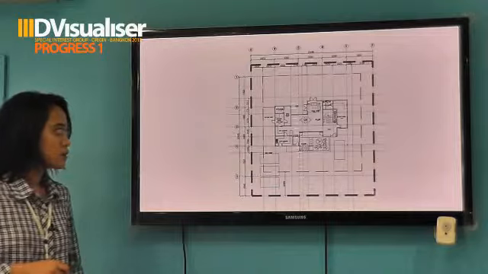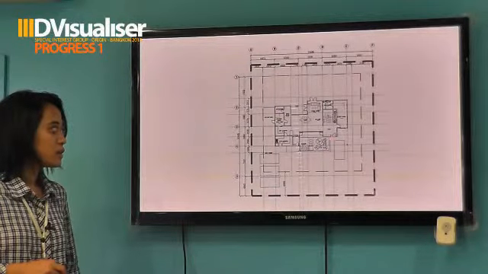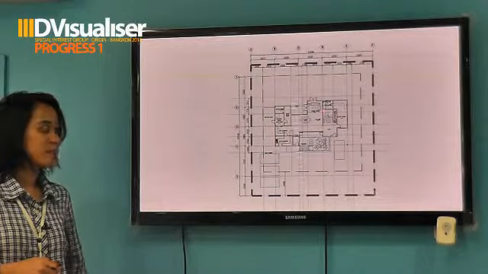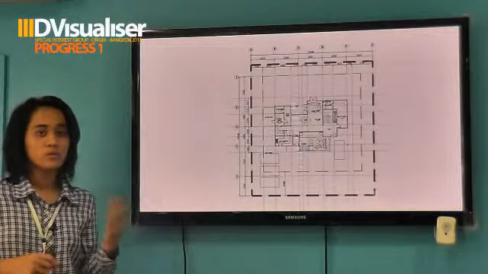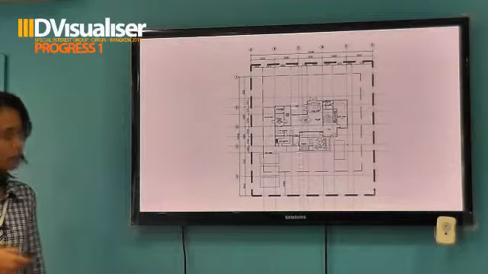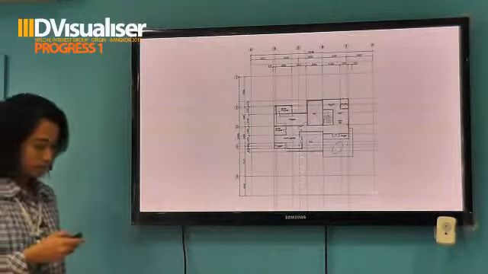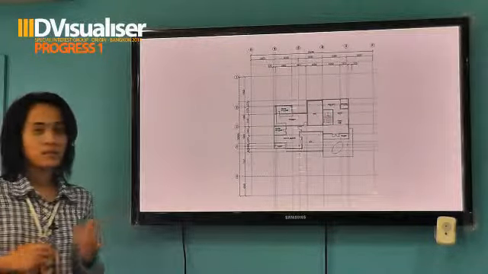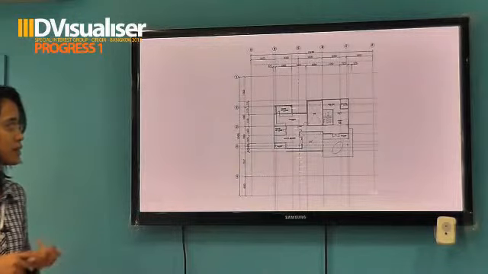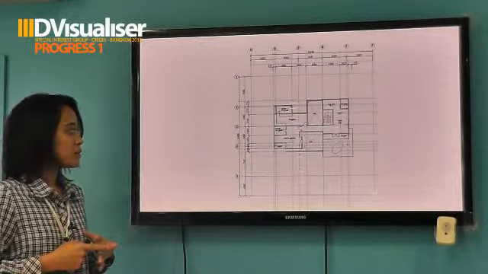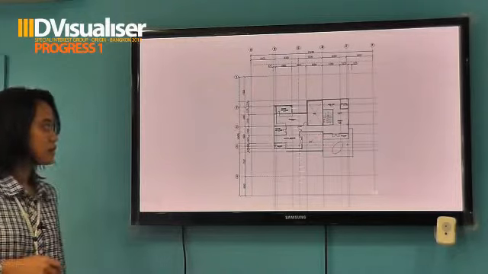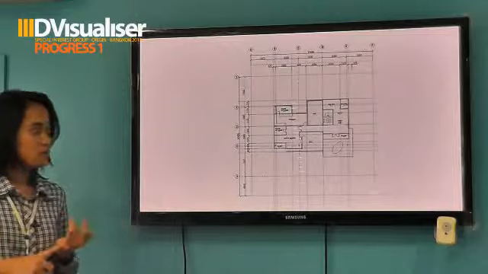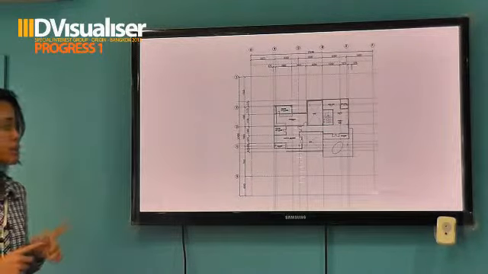Okay, what you can see here in my design, if you use the main entrance, you can enjoy the gallery, which is double volume, and the living room also is double volume. And then when you go upstairs, you can see there's a space with a family area, and then a balcony and a gym, an open gym. And then when you pass by this terrace, you can see there's 2 bedrooms. One is bedroom one, and the second one is the master bedroom.